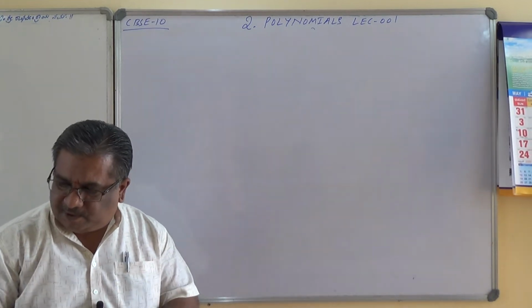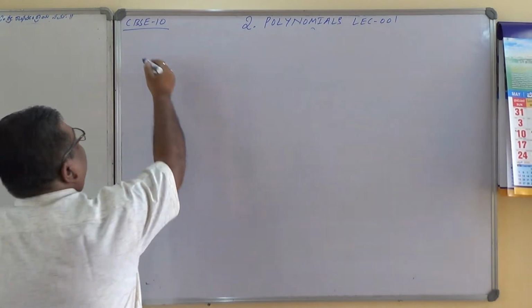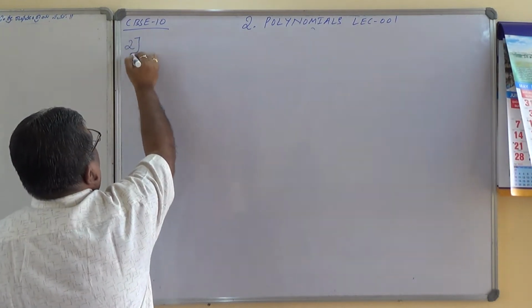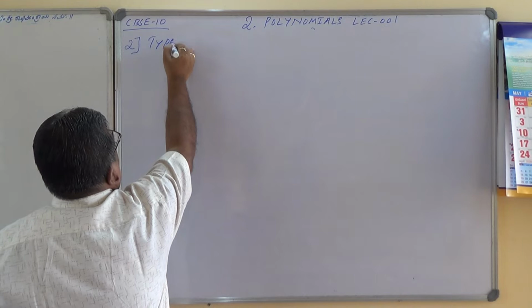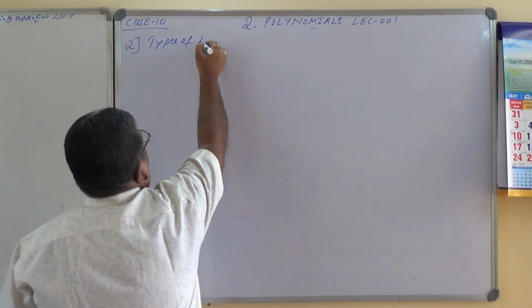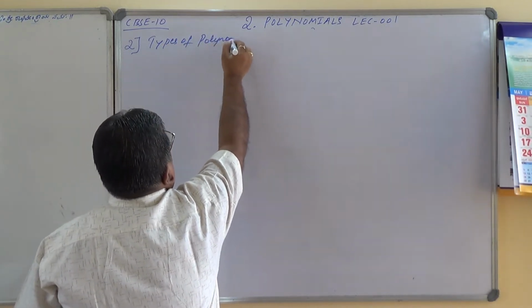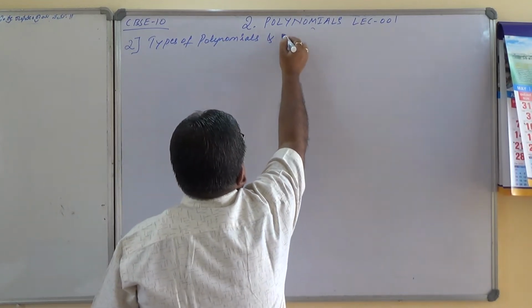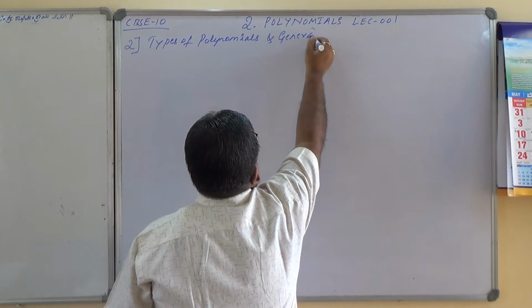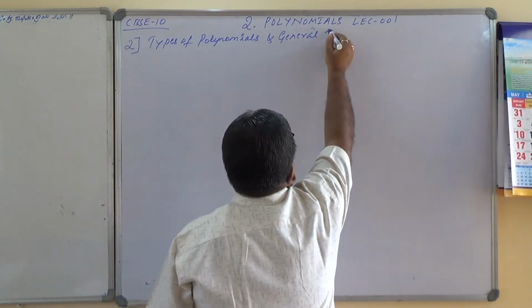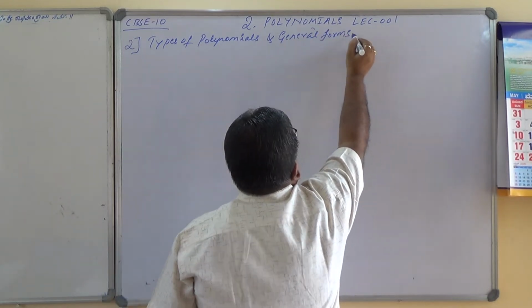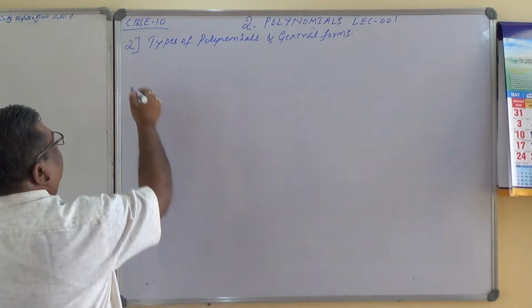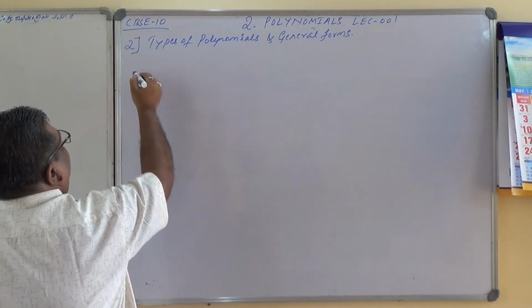Second concept, types of polynomials and their general forms. General forms are also called standard forms. Okay. So, types of polynomials. In this one, first one,